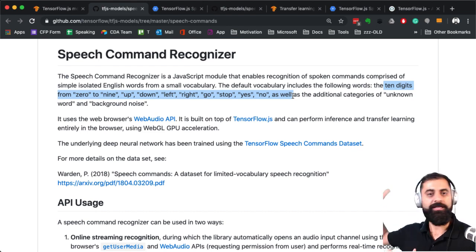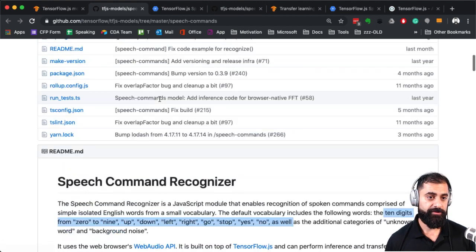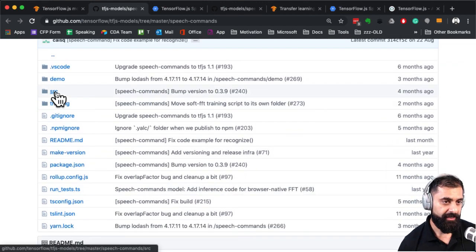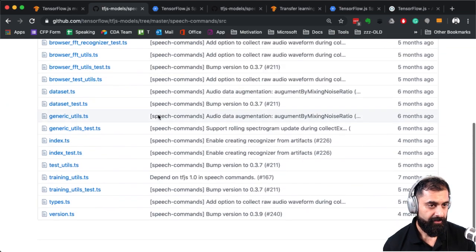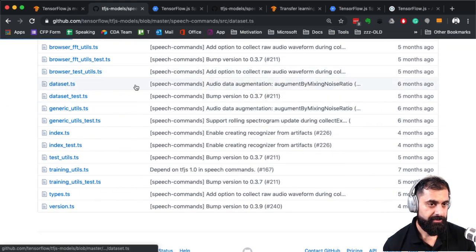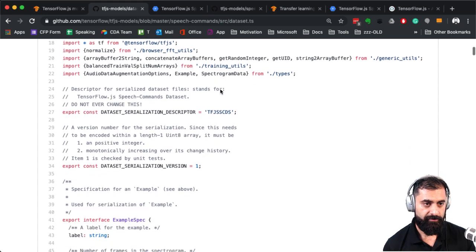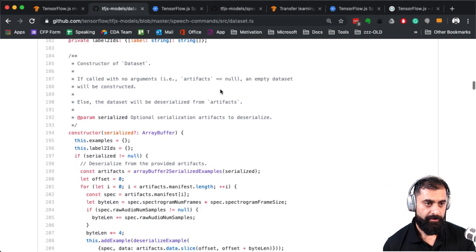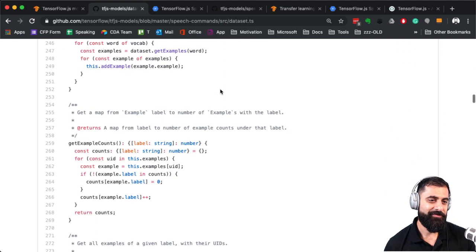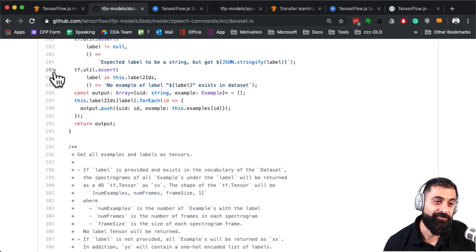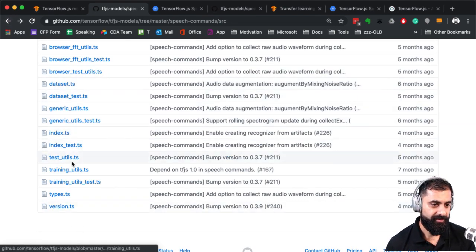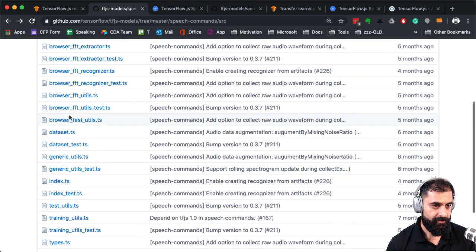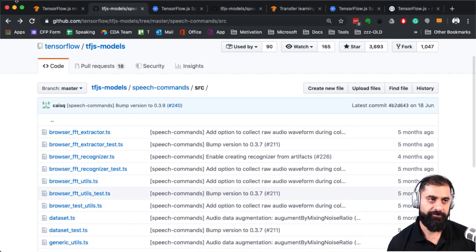So it can't detect everything. It can only detect a small set of them, and it's basically been converted to be able to use inside JavaScript. I've never actually dug into this, so let's have a dig in. See if anything here is helpful. Oh, it's just the API. I mean, hopefully what you can see more than anything about this is it's just JavaScript. It's just a whole bunch of JavaScript here. Data set test. It's basically just a whole bunch of JavaScript, right?